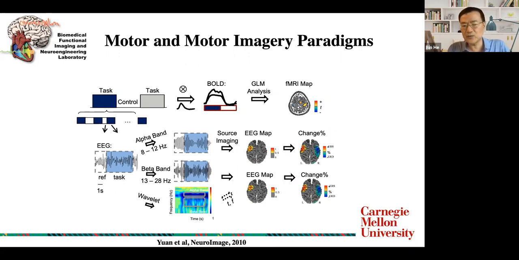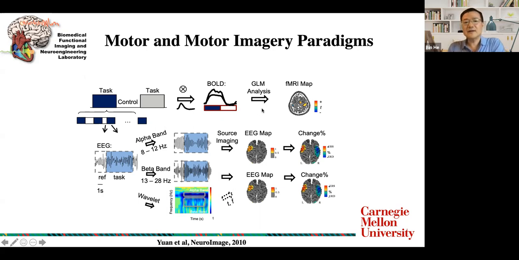In this particular work, we look into the neuroscience mechanism, or the neurophysiological origin, of the signals behind motor imagery, or motor imagination, generated EEG. So we conducted a human experiment in a group of 13 human subjects with such a task and design. And we use both functional MRI and EEG imaging.